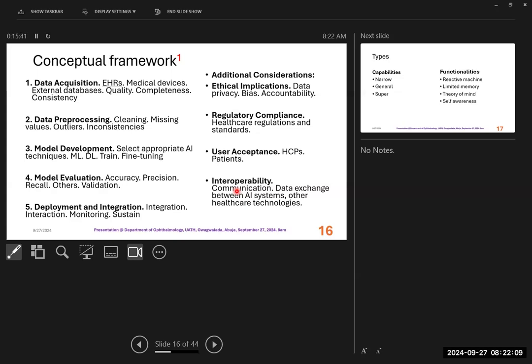Then data processing. You have to clean that. There may be some typo errors, all those things, so you need to clean it. Missing values: is there a way you can refill those missing values so that you have whole information about a particular patient? Then there are what they call outliers and inconsistencies. Is there a way we can look at all those before we now say we have an information repository? That also concerns us in the clinic,